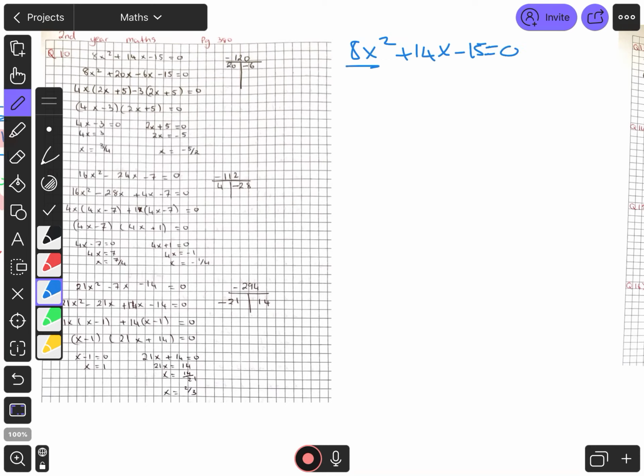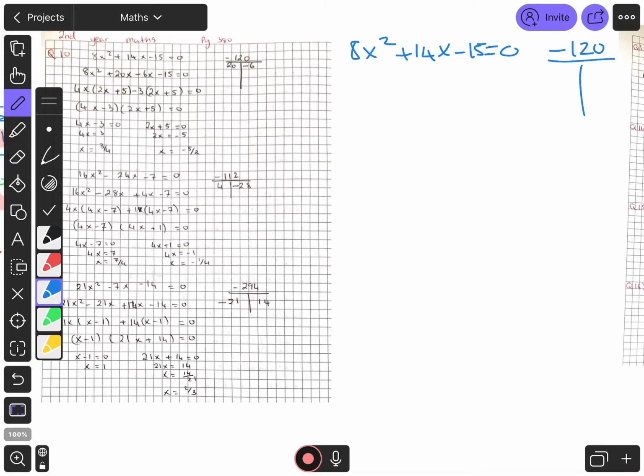Now, because there's a number at the start, I am not getting factors of 15. I am getting factors of 8 times 15. So 8 times 15 is minus 120. I'm getting factors of minus 120. So when I'm doing this in the calculator, if they're high numbers, most of them won't be this high,